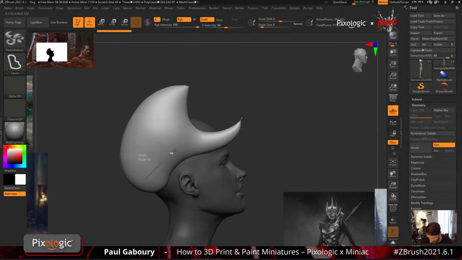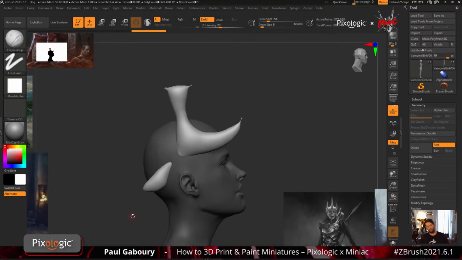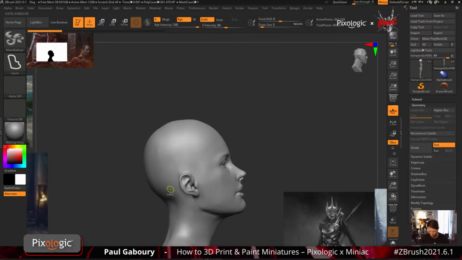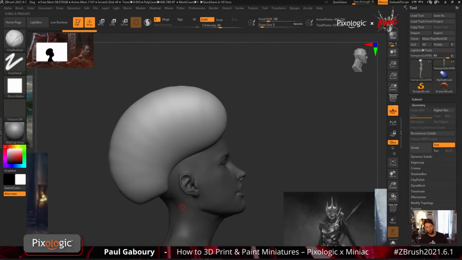So maybe I didn't get exactly what I wanted. And now maybe I want to cut out a chunk like that. And then cut it out. Cut it out, like that old show, right? So again, I've drawn out a surface, right? And in this case, I haven't moved the camera,